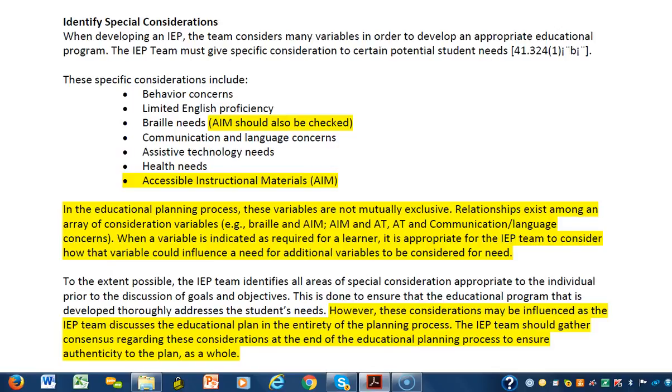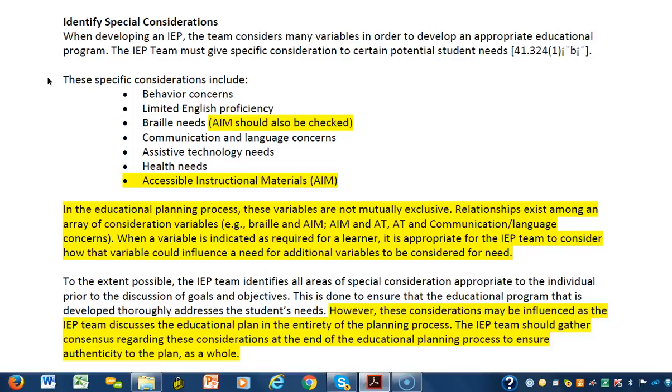This next section is actually on page 11 of your release notes, and you can see the category is identifying special considerations. So you can see this bulleted list. These are the items that are familiar to us on page B, where IEP teams will check areas that are of concern for a student. And if you look at the language, again, the yellow is modified language in the procedures guide. You can see what's being talked about here. This is essentially just a clarifying paragraph or two.